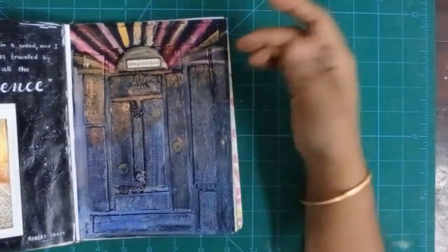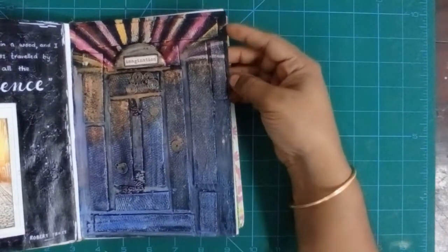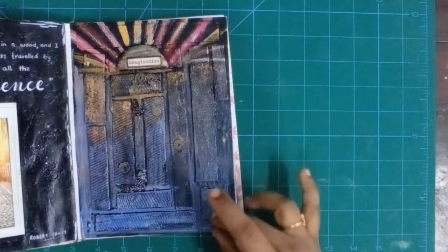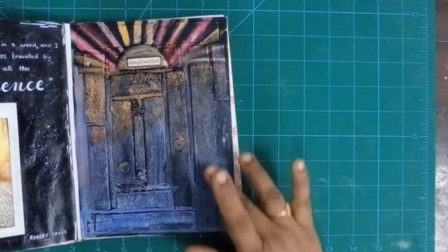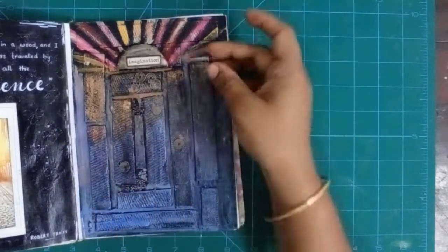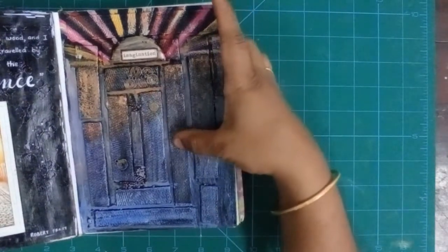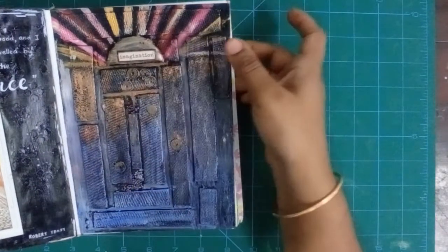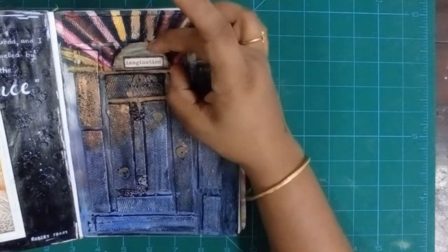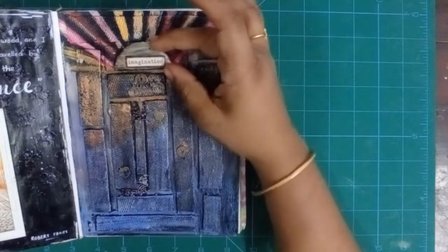This is another page which is just made out of scraps. So I have added strips of cardboard all along the way, and bits and pieces of metal embellishments. These are charms that you would use in jewelry, as well as some seed beads. And this is a piece of pendant that I worked on but really didn't come out well, so I added it here and